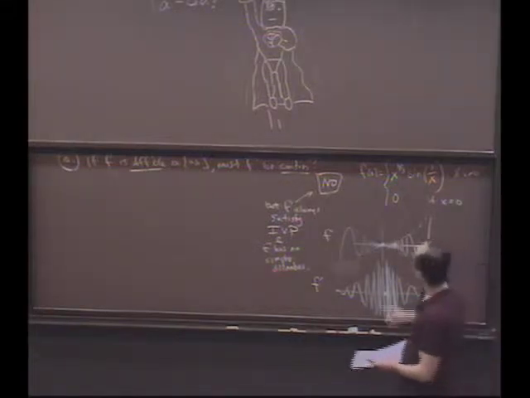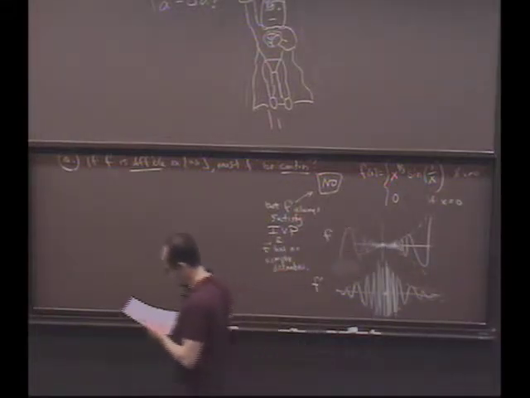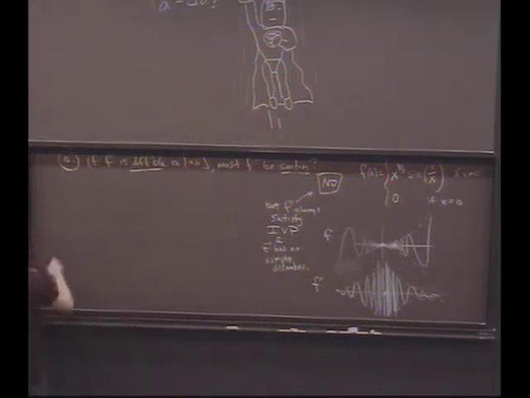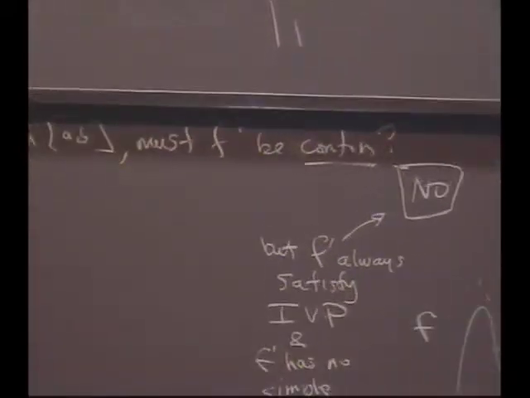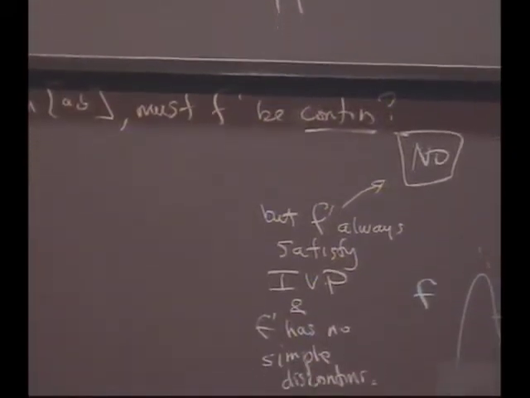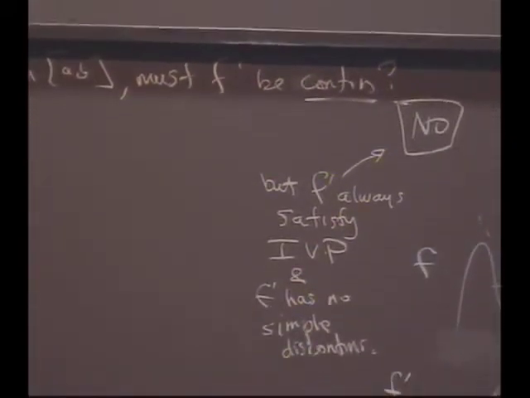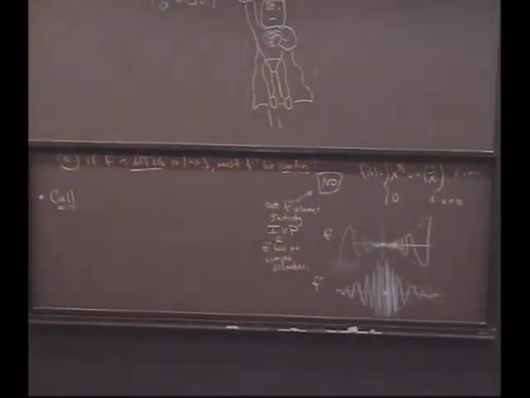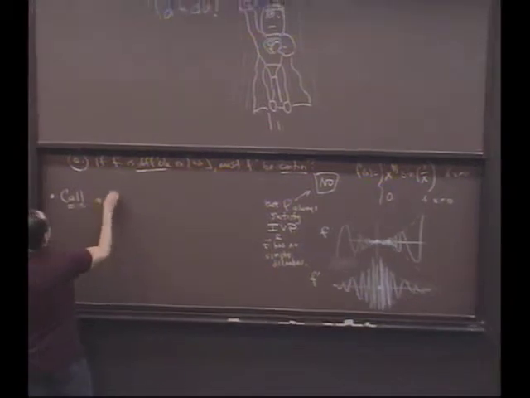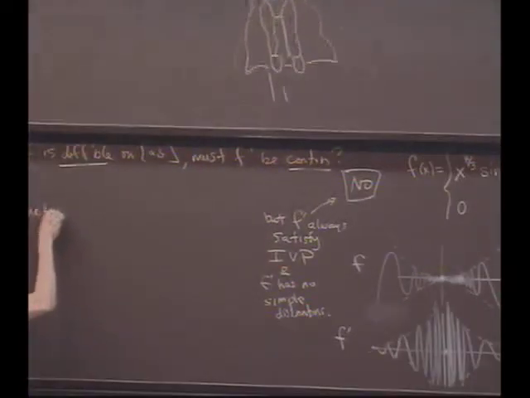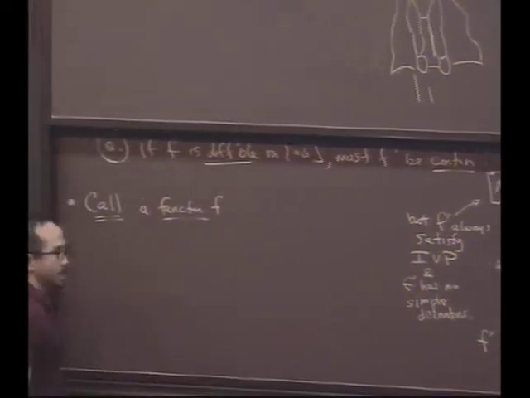So this actually points out something worth mentioning, and that is we have a name for functions whose derivatives are continuous. Because the derivatives aren't necessarily continuous, are they? So we call, this is not in your book, but it's terminology that's become very standard, we call a function f, we say that it is